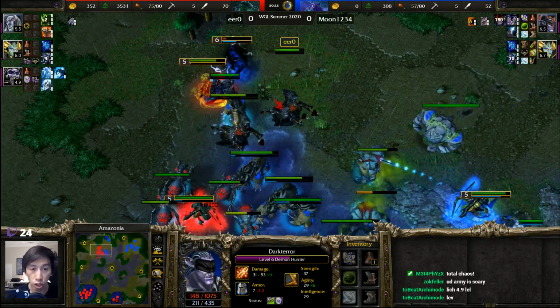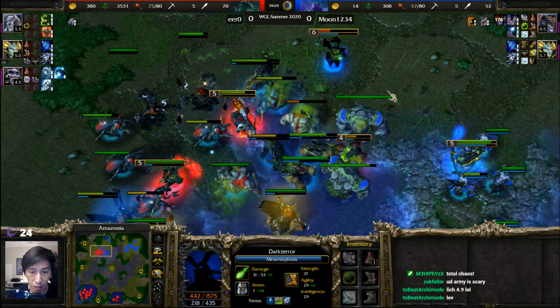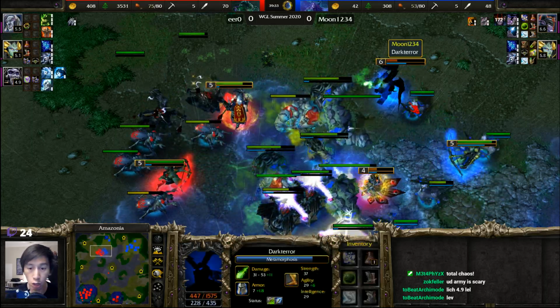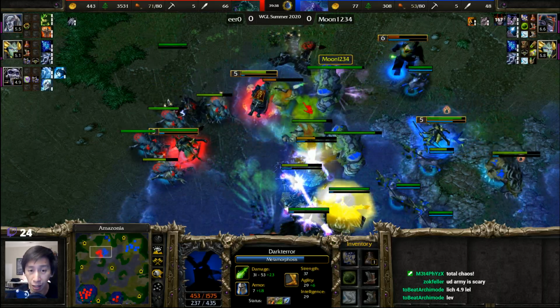A Frost Nova could finish it off, and there is Metamorphosis. Metamorphosis gives him a little bit of extra hit points to stay alive. Demon Hunter is in a serious problem now in the back line, trying to use that range damage to finish off all these units. 53 supply compared to 71. And this game